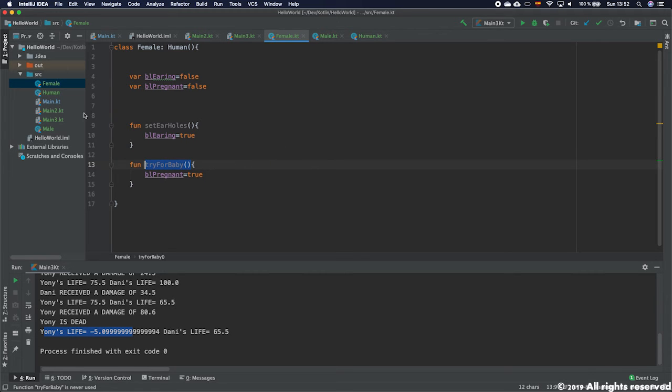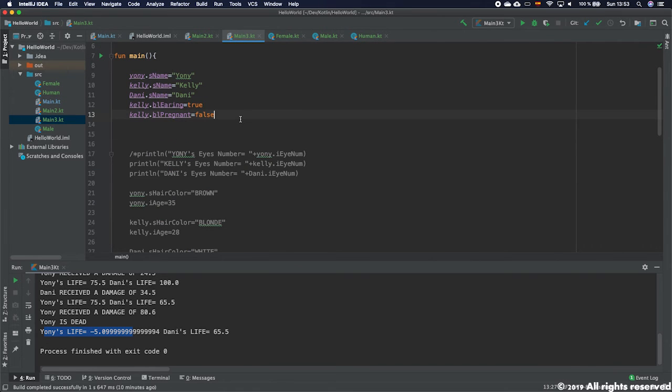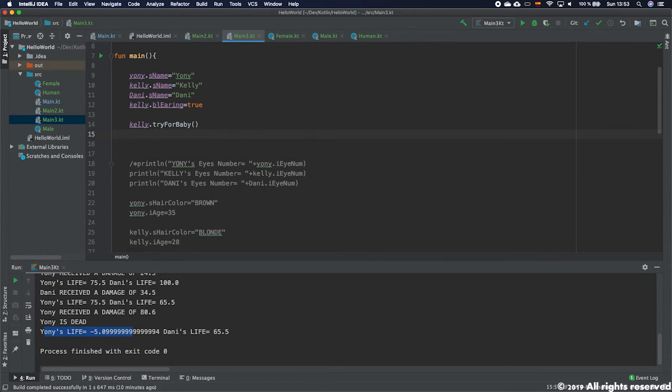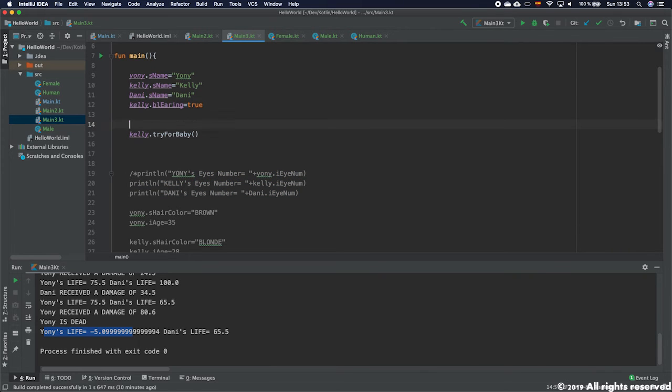So if she tries for baby, immediately she can be trying to get pregnant. And let's say if a female tries for baby the first time, she is pregnant, okay? So this is not necessary here. We can do something like this. Instead of calling that, we can do Kelly tries for baby, okay? Now, initially, we can check if Kelly is